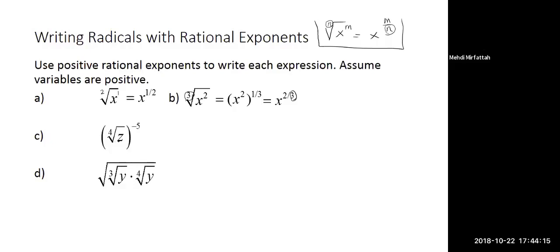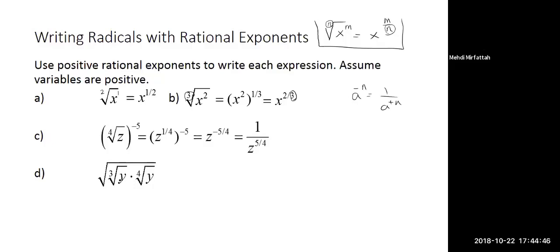Next one, you have 4th root of z to the power of negative 5. So the 4th root of z is z to the power of 1/4, and then raise it to the power of negative 5. So it would be z to the power of negative 5 over 4. You want to have everything positive, so I have to move it. Remember, a to the power of minus n is equal to 1 over a to the power of plus n. You have to move it to the bottom of the fraction to make it positive. All right, next one we have